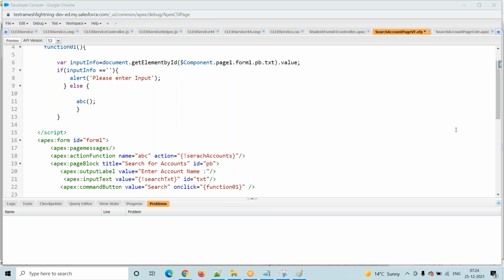Ramesh asks: generally in real time, which method are we following, JavaScript or action function? It depends on what type of validation. Suppose you are performing some null checks, then we have to use JavaScript code only. If you want to perform some other, complex validations, then you have to use the Apex class side. Whether it is blank or not, whether a date was entered or not, whether the date is in this format or not, whether the first name is in this format or not, this type we will perform at the JavaScript side level only. At the client side only we will perform.